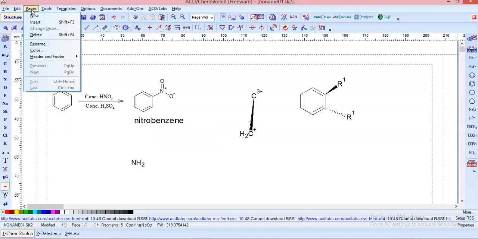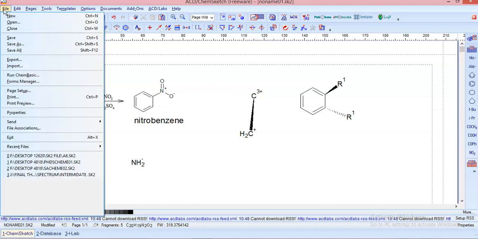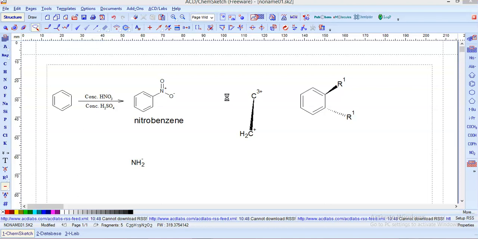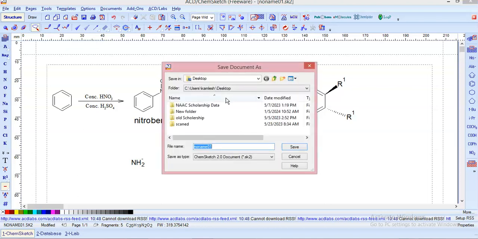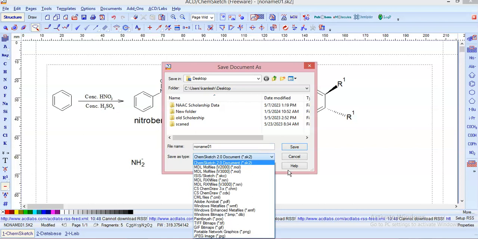Again, while saving the file, you have to click save as. Okay, then there is a function called save as file type. So there are different types of files available. In ordinary cases, if one has to save as an image, then use this JPG image. Then this GIF